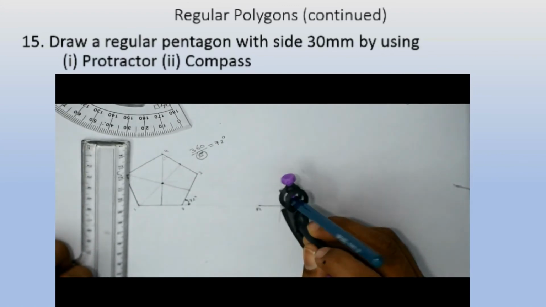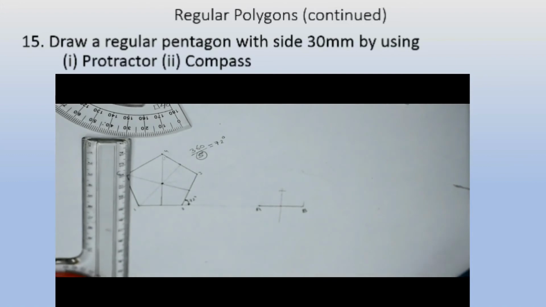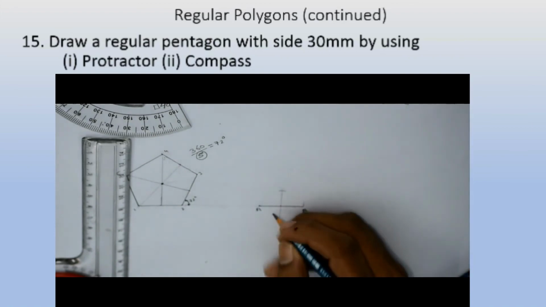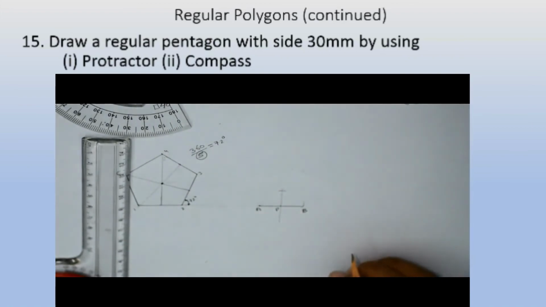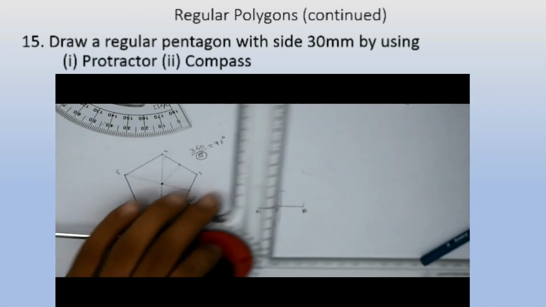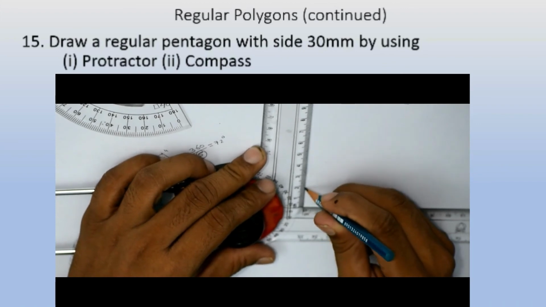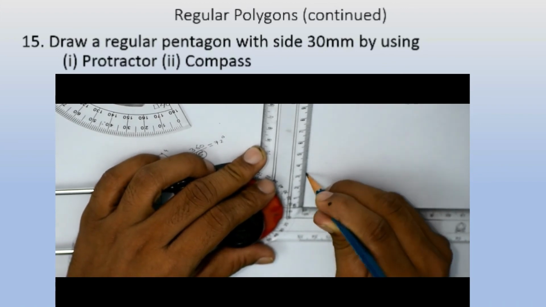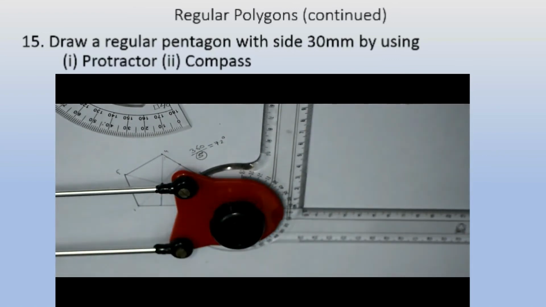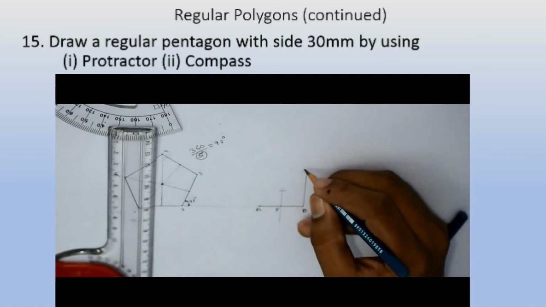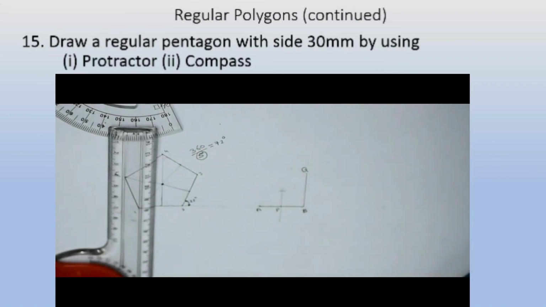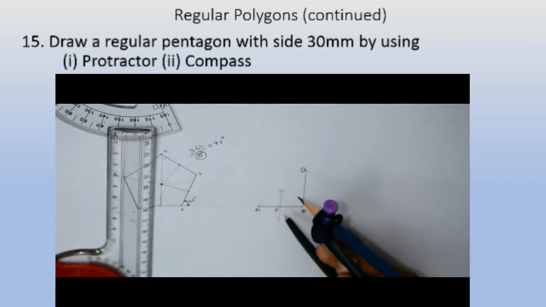From that center point, keep the compass there, and with the radius till A, draw one arc. From that center point to this A point, radius, we have to draw an arc, and we will mark this center point as P. This is very important, and this method is going to be somewhat lengthier, so you need to concentrate here. And again, we have to draw one perpendicular line from point B, which is of the same length as the side of the pentagon given, 30 mm. I will mark this point as Q. Now, I have to take the compass one more time.